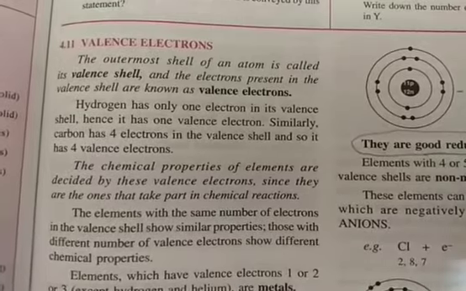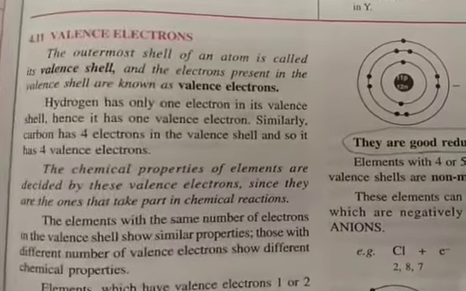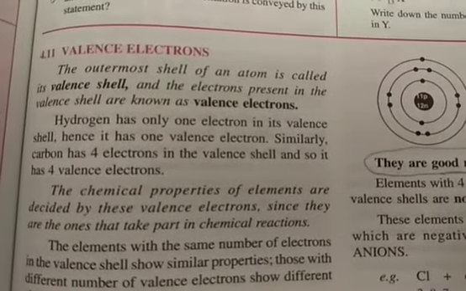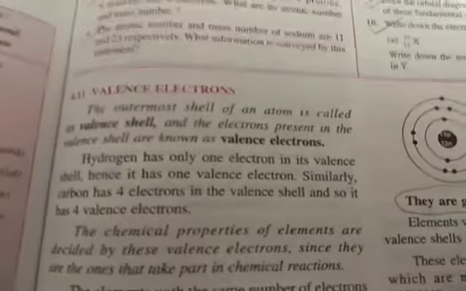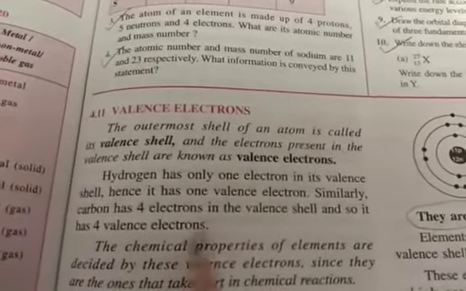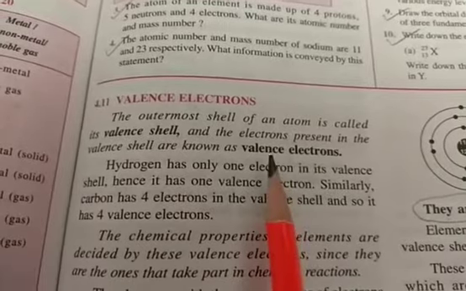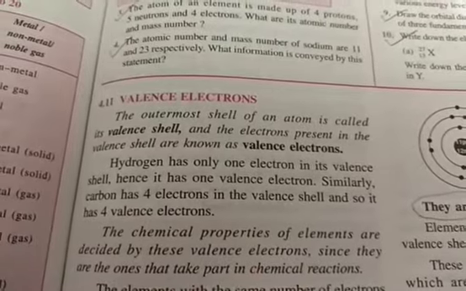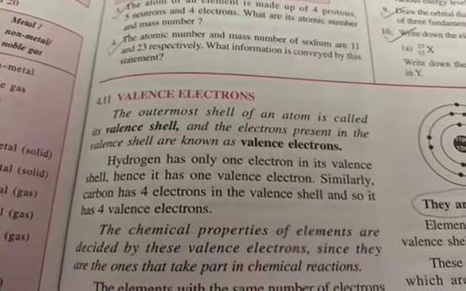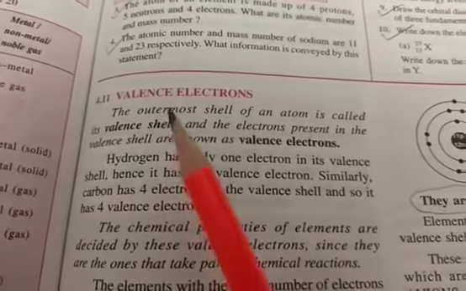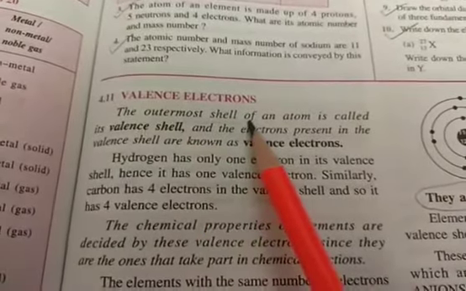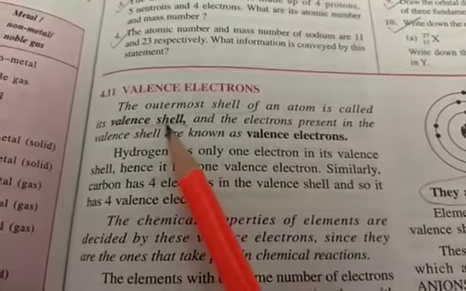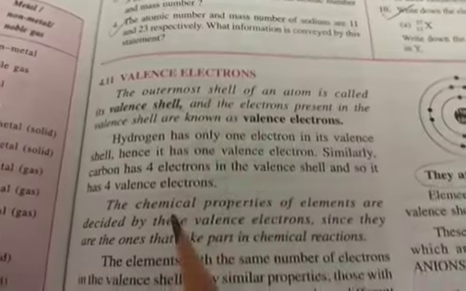So, students, today we will start with the topic of valence electrons. The valence electrons are nothing but the electrons present in the outermost shell of an atom. So, in case of a hydrogen atom, what is the number of valence electrons? It will be 1. In case of a sodium atom, what is the number of valence electrons? It will be 11. For magnesium, it will be 12. So basically, the number of electrons present in the outermost shell of an atom. And this outermost shell is also called the valence shell. So the number of electrons present in the valence shell will be called the valence electrons.